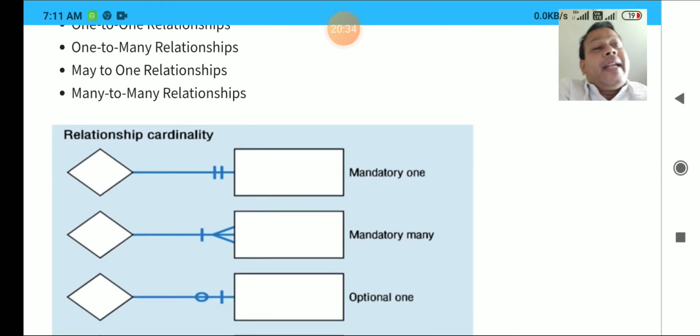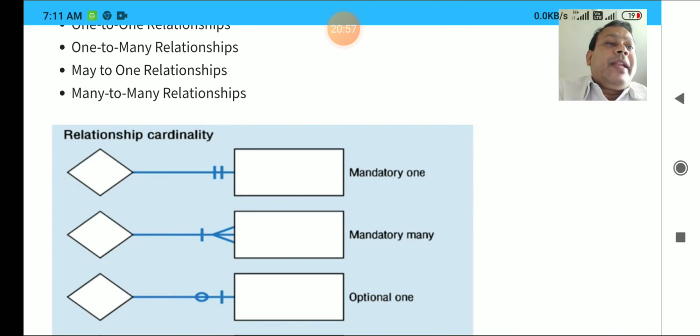Like suppose a student is there and faculty is there, two tables are there, student and faculty, clear? Or a student is there, course is there, clear? So a student is going to enroll in one course, but many students are there, and they are going to enroll in different courses.